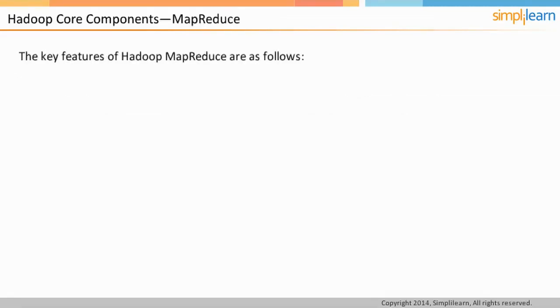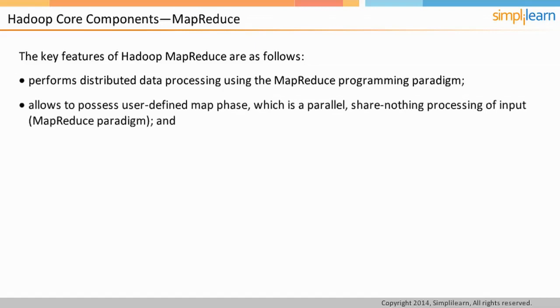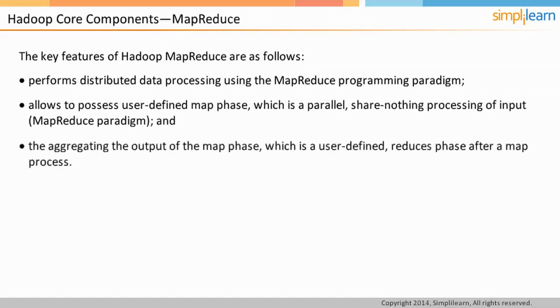The MapReduce component of Hadoop is responsible for processing jobs in distributed mode. Some of the key features of the Hadoop MapReduce component are as follows. It performs distributed data processing using the MapReduce programming paradigm. It allows you to possess a user-defined map phase, which is a parallel share-nothing processing of input. Also, it aggregates the output of the map phase, which is a user-defined reduce phase after a map process. In the next screen, we will